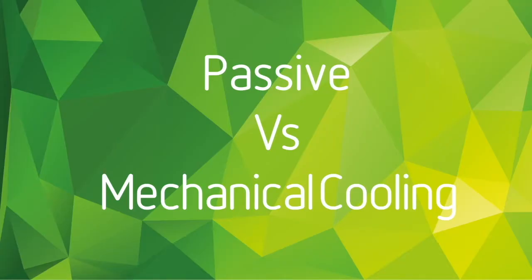So what types of cooling are there? There's passive cooling and then there's mechanical cooling. Mechanical cooling is what you've probably seen before in air conditioning systems, anything that involves a very intense energy process to deliver cooling to the space. Passive generally uses what we call free cooling. I'll explain a few more techniques, but effectively it is bringing in colder air from outside into the space. Passive provides better cooling for the purposes of energy consumption, but mechanical cooling provides a lot better control for summer